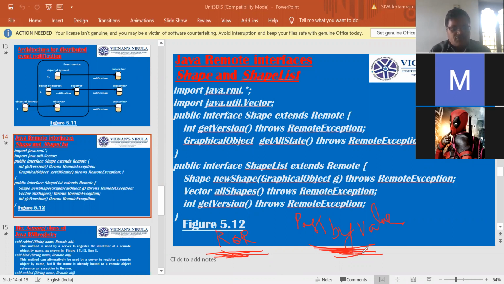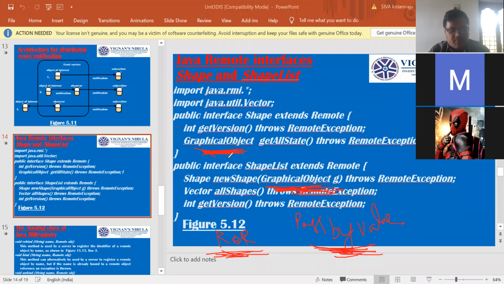Clear? So lines 2 and 3. What is the argument of newShape? A GraphicalObject. What is the return value of getAllState? It is a GraphicalObject, a normal object.